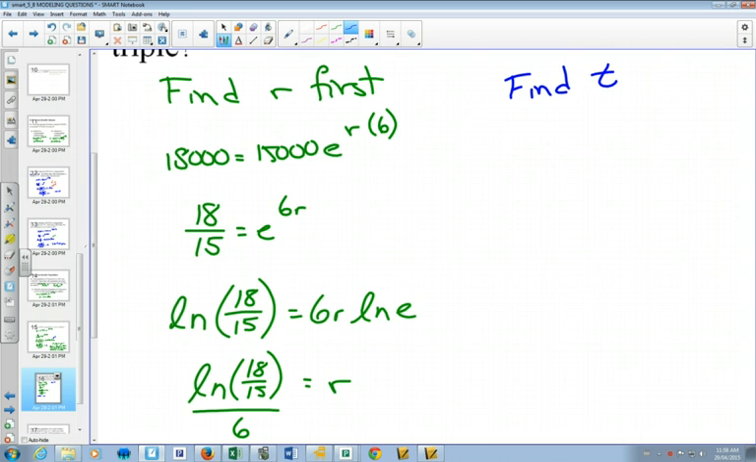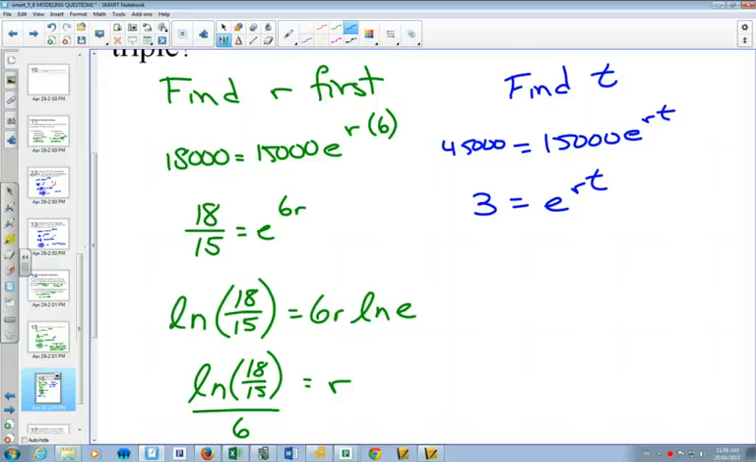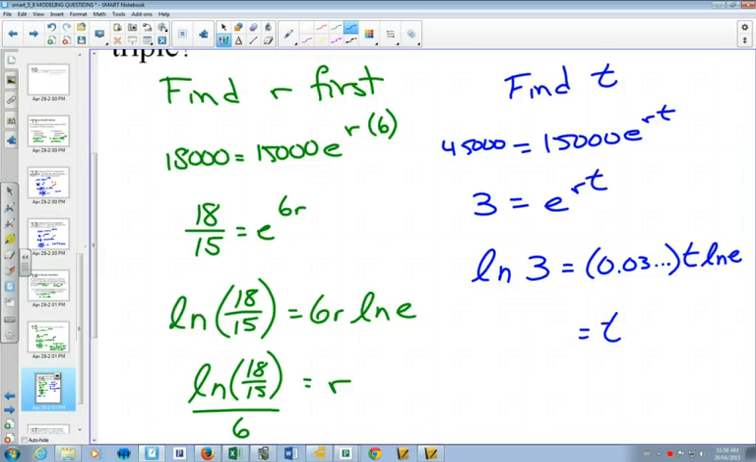Because any time you're tripling, look, if we use the 15,000, tripling would be 45,000. And then when we divide, we're going to get 3 anyways. If you use the 18,000, tripling would be 54,000. And when you divide, you're still going to get 3. Now we can take the natural log of both sides. The r, we know the value of r. It is 0.03 ... times t natural log of e. And since natural log of e is 1,